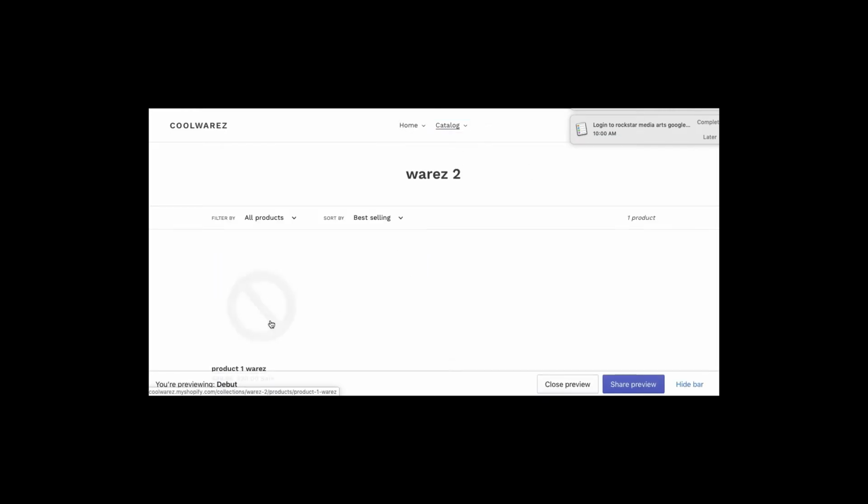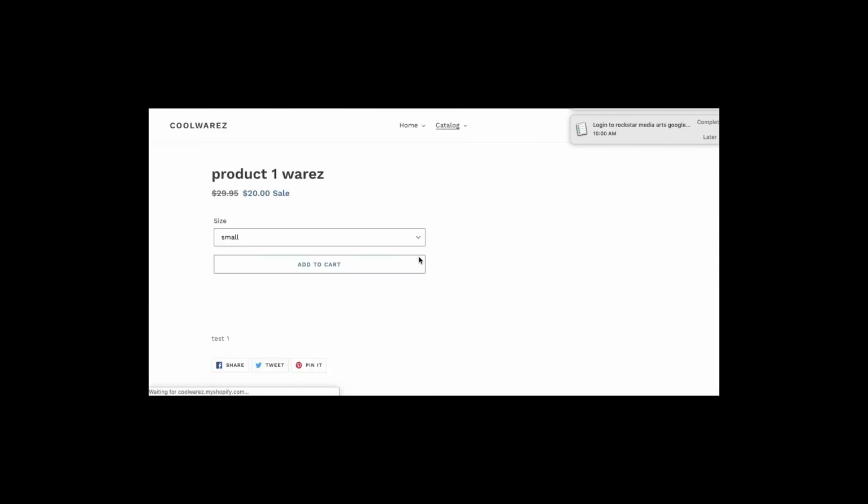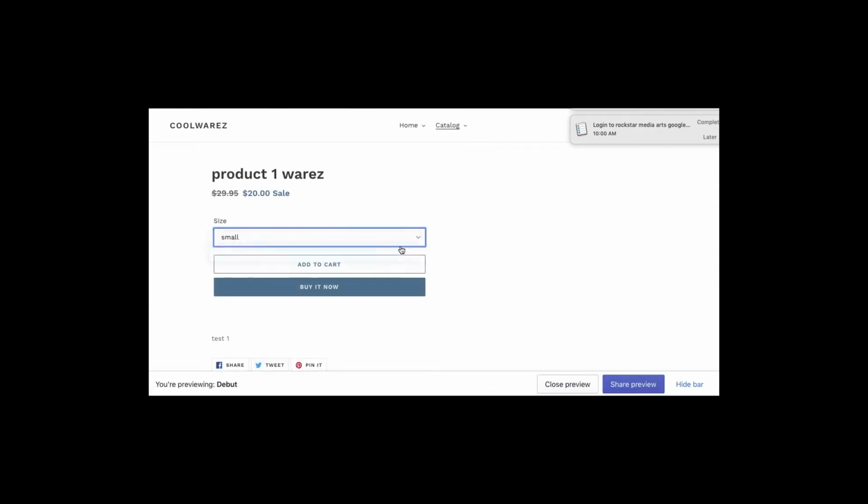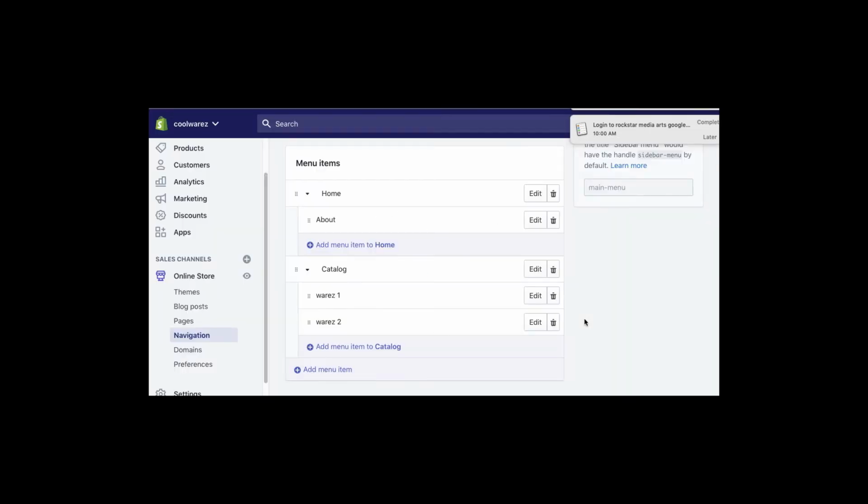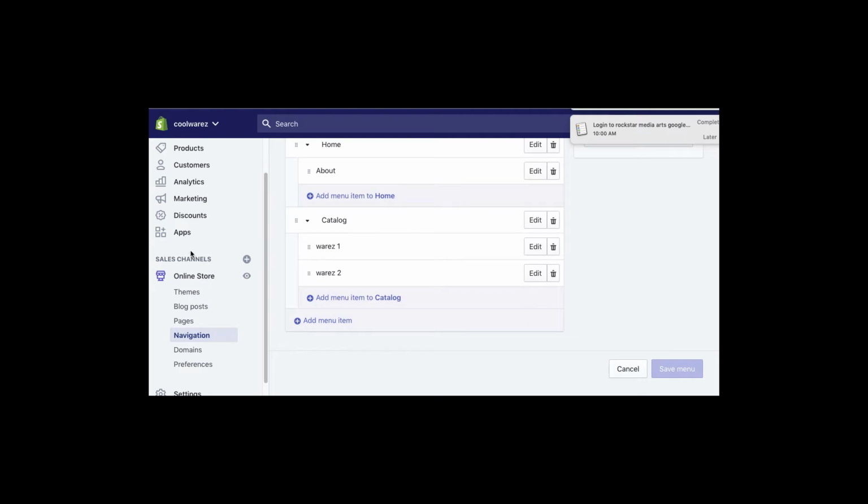No image because I didn't add anything because I was lazy. And then I went ahead and go here. Here's my product. All right, same style. Now it's the same product, but it's in both collections now. So if you needed a separate product called Product 2 Wares, then obviously you put that in here and have its own pricing and everything. Okay. So